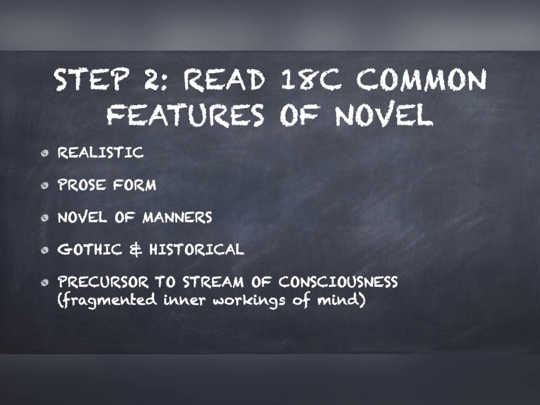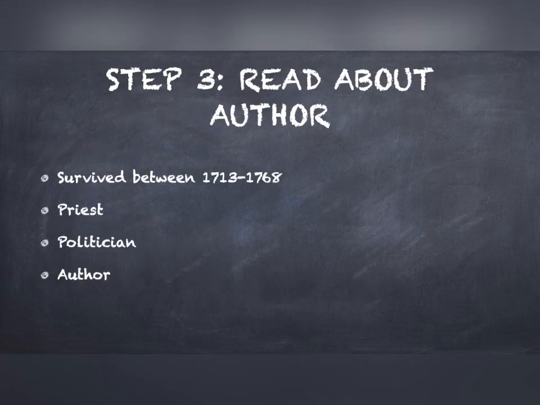That is a major theme or narrative technique in the modern era of literature. We basically talk about the fragmented inner workings of the mind in stream of consciousness. So this particular narrative technique, which is distorted, was experimented with by Laurence Sterne in this particular novel, and